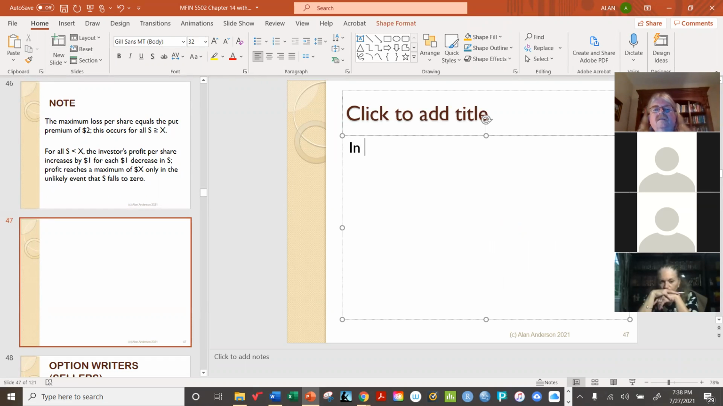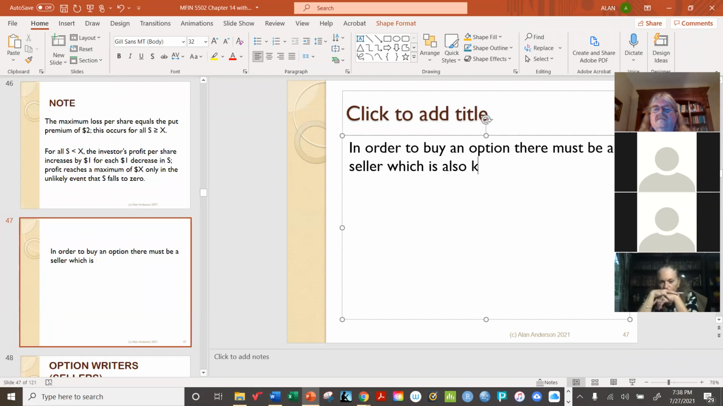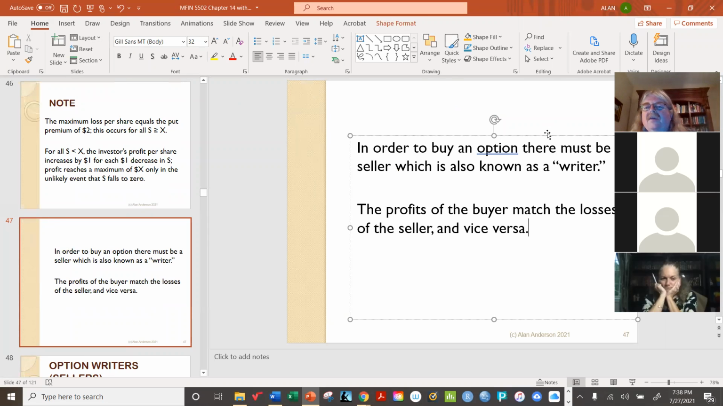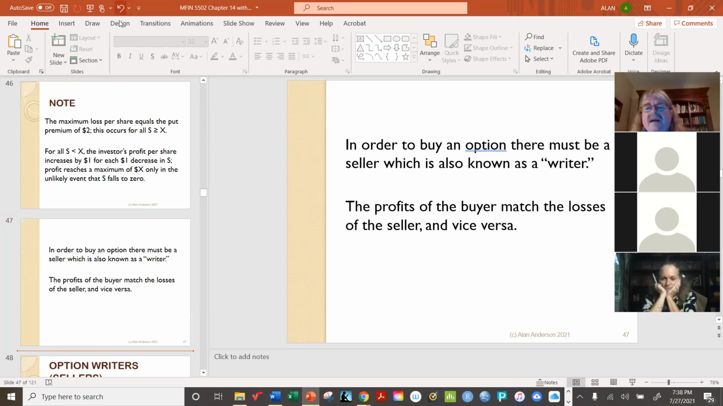In order to buy an option, there must be a seller, which is also known as a writer. Again, with these names, I don't get it. But the way this works is that the profits of the buyer match the losses of the seller, and vice versa. Well, you can see why, because I have the right. So in other words, if I bought the right to buy Apple stock,